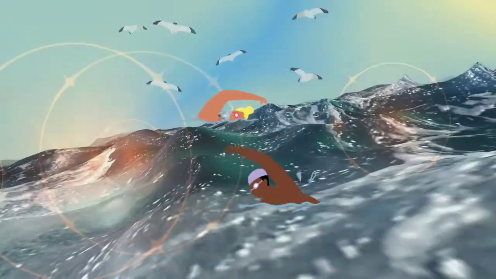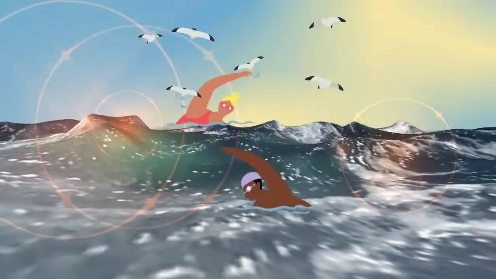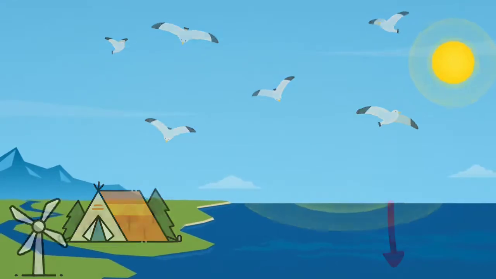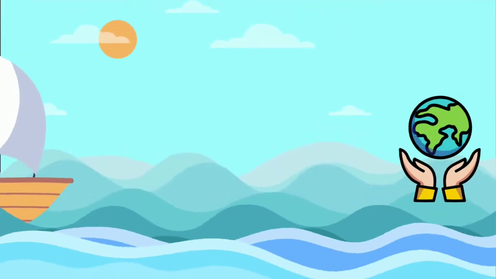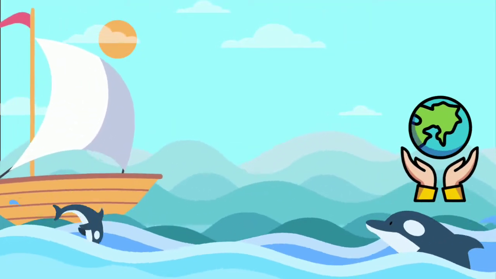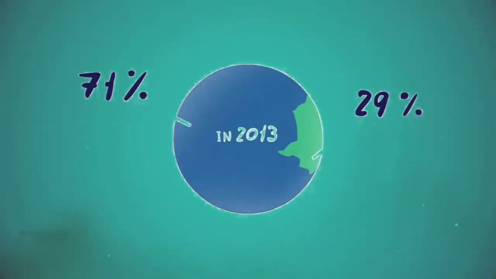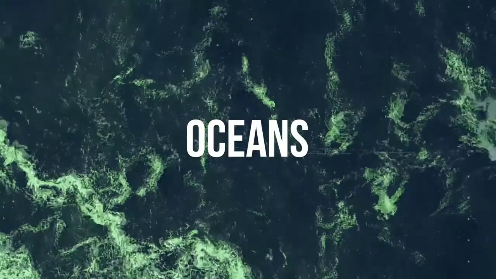The ocean has different zones and the surface layer has special properties that make it different from the water just a few centimeters below. It only represents a small volume of the whole ocean, so here is why this thin layer is so important. The ocean covers almost 70% of the Earth's surface. This means that 70% of the Earth's surface is the ocean surface.